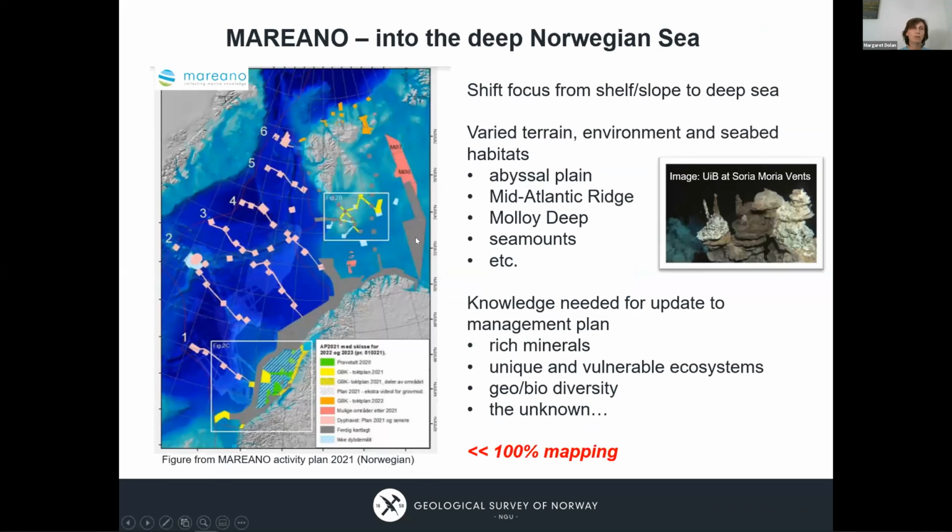Norway's Mareano has been going since around 2005, initially focusing on the shelf areas. So this gray area is considered fully mapped now. There's some other areas in progress. But our focus is now shifting towards the deep sea. And this is this area,